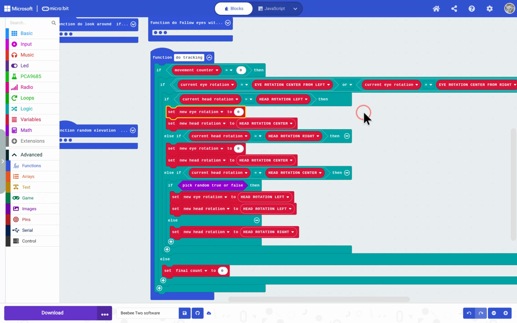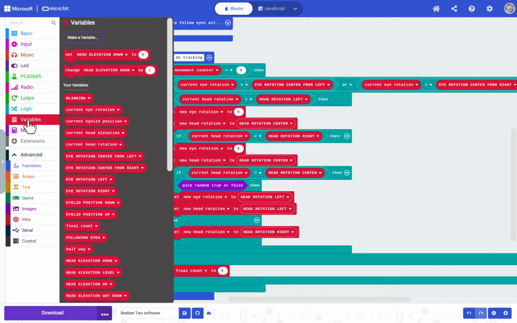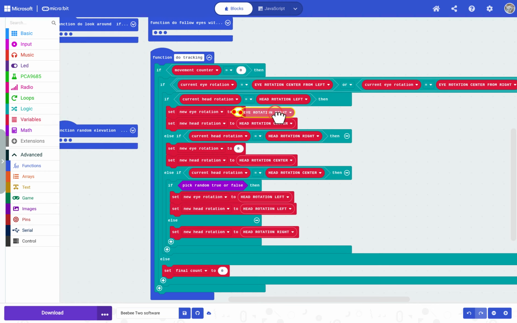So, if our head is to the left, it doesn't really matter if our eyes are center. We're going to first move our eyes towards the center. If our head is to the left, we want to move our eyes to the right to start with. Because our eyes are starting in the center. We want to move them to the right, and then we want to,